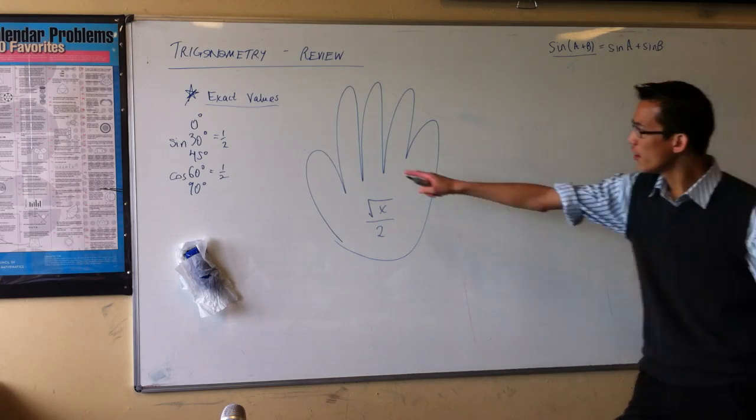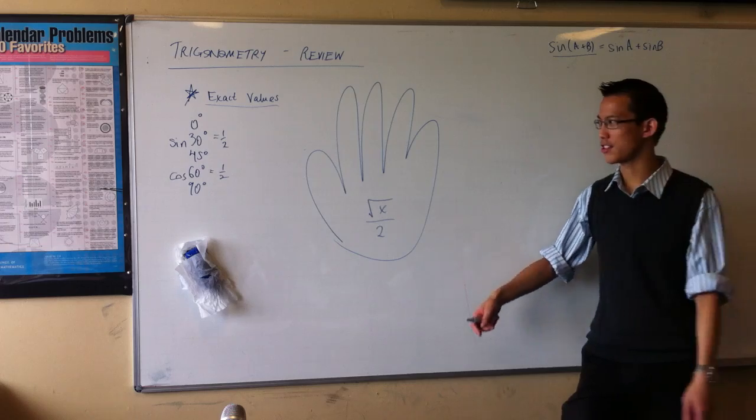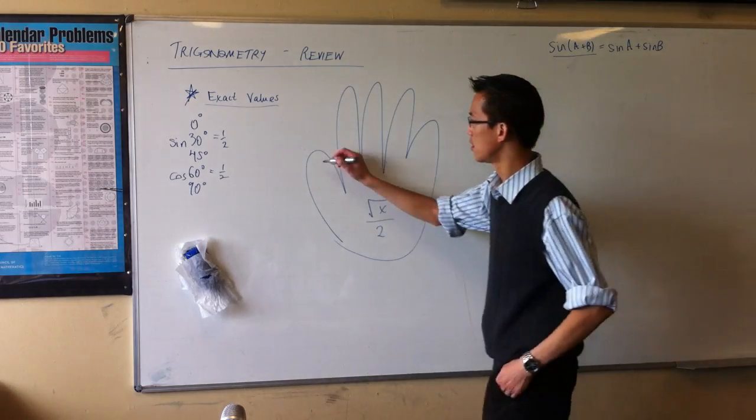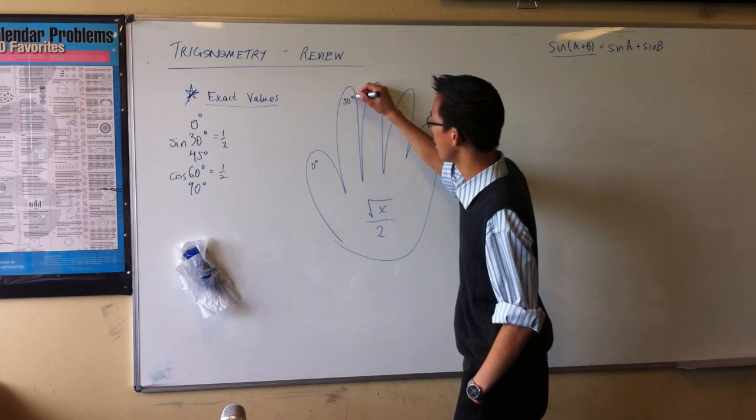Okay. Then on the fingers, right? 5 fingers on each hand. I want you to put the 5 angles. So over here, I've got 0, 30,